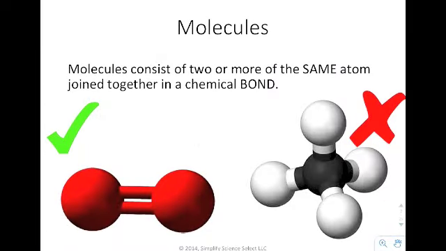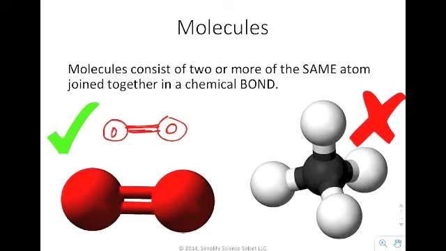Molecules consist of two or more of the same atom joined together in a chemical bond. An example of this would be if you have an oxygen combined with an oxygen. Okay, so we'll call them O and O. Instead of these things acting independently like we saw in the iron, they connect to each other. When they connect to each other, they are no longer individual atoms of oxygen. Instead, it represents an oxygen molecule because it's two or more of the same atom joined together in a chemical